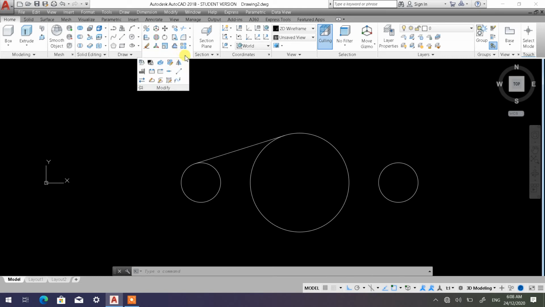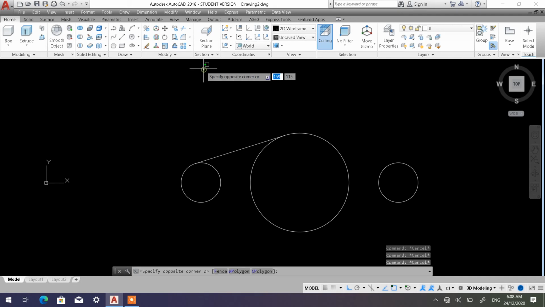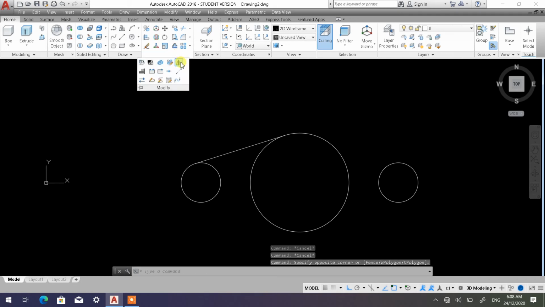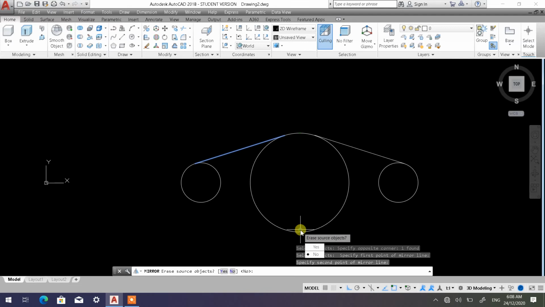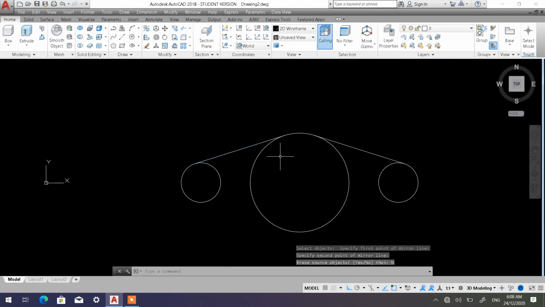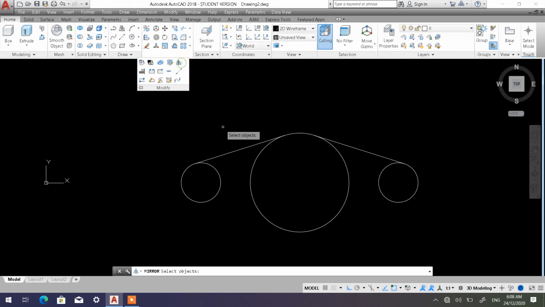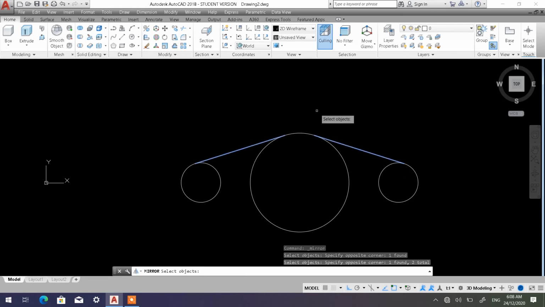Go to modify ataupun mirror dekat mana kalau kita perhatikan di sini, this one. This is move. Let's say I'm going to this one, mirror. Okay, dia ada modify. Click this one and this one, mirror. Okay, I'm going to mirror this one. Enter. This is my first mirror point, my second mirror point. Erase source object, no. And then I'm going to proceed again, and this time I'm going to mirror both of these. Enter